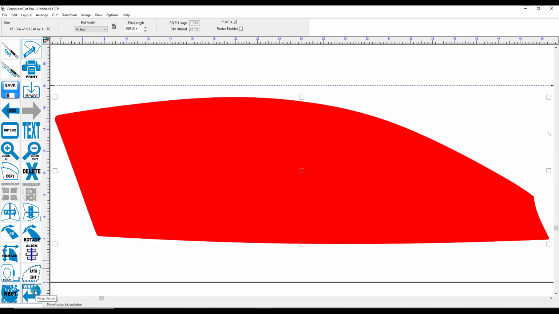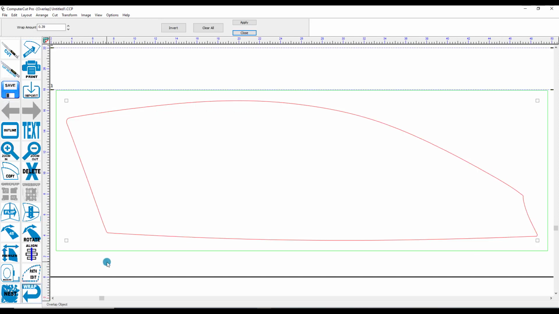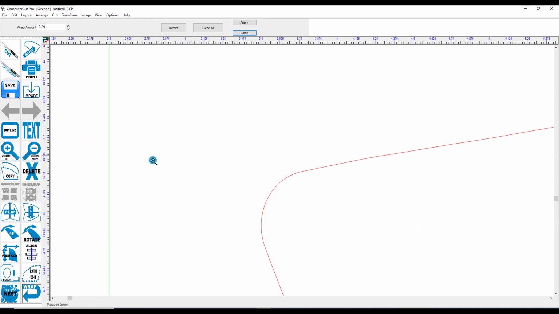Next is the new wrap feature in the ComputerCut program. This is a great new feature for both window tint, but especially for the paint protection. But we're going to show how it works just in the window tint for right now. If you click on the wrap feature, it opens up this window, and what you can do is zoom into where you want to start to wrap. So in other words, let's say we want to start a wrap right here, and we'll click